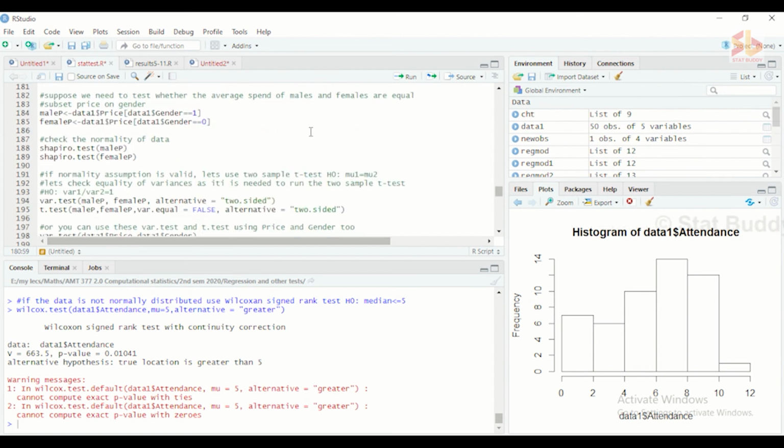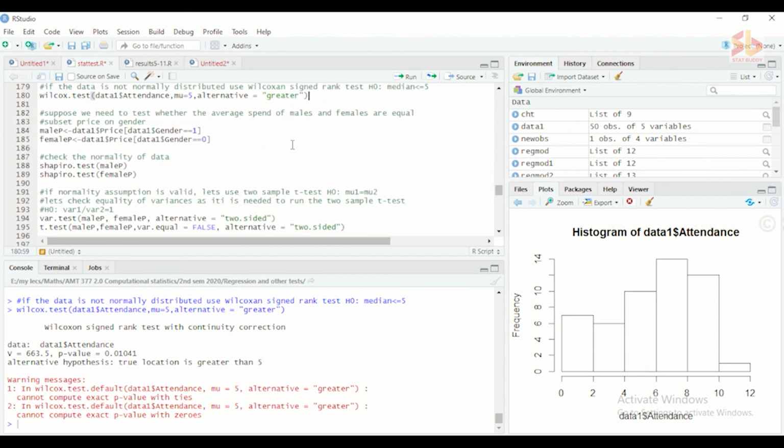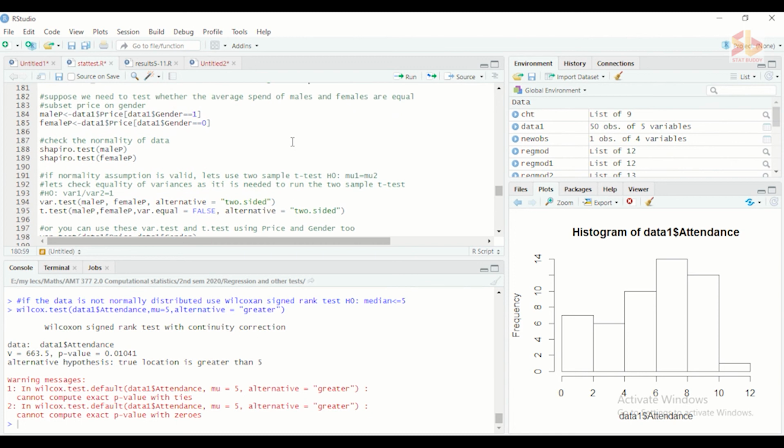Suppose we need to test whether the average spend of males and females are equal, then it should be a two sample test. So one thing I can do is split the price variable into 2 cases, which means male price and female price.